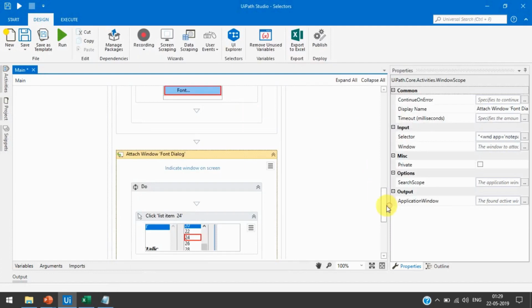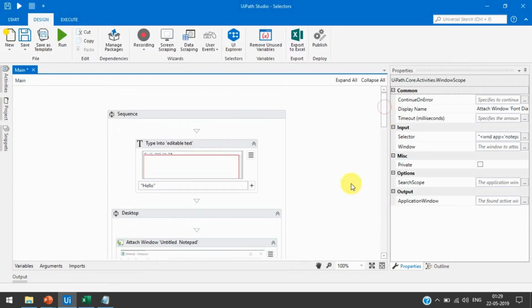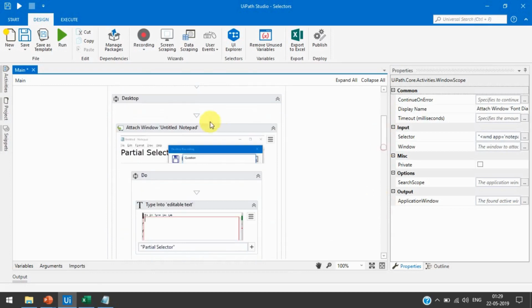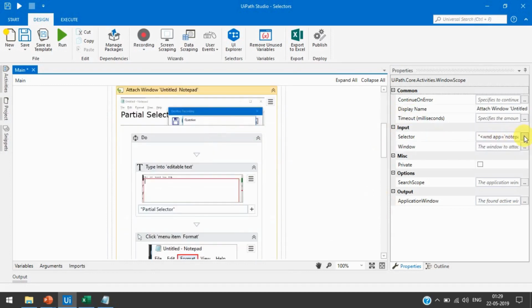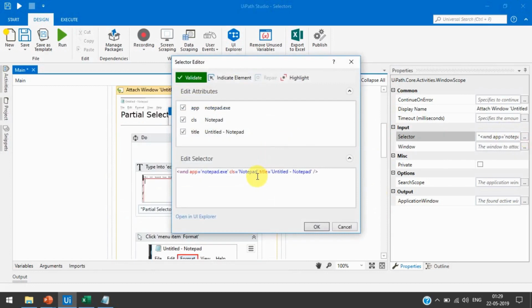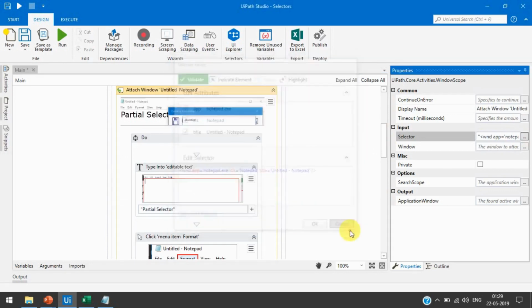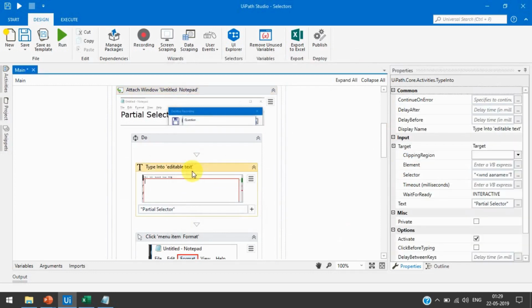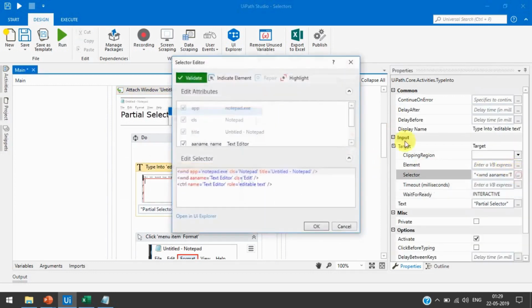Now if we look at each container, on each attached window, click here and check the selector. As I already told you, in the desktop recording, each attached window has only the top level elements. Apart from that, if we go to another activity inside the attached window, we will have the rest of the selectors. Now here you will see this window app top level element is not editable.